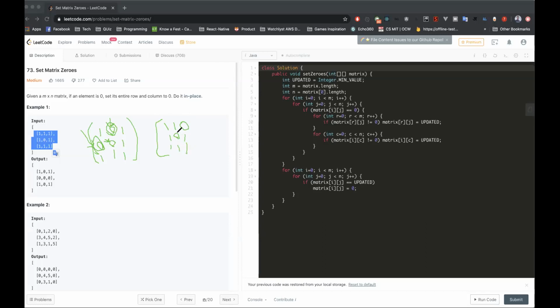So what you'll do is first you'll see a 0 over here. You'll mark this as 0. You'll mark this as 0. No, I don't need to check the first row, first column, right? Because I just need to check the inner. You don't need to check this? I mean, the first row, first column, I don't need to check for zeros because